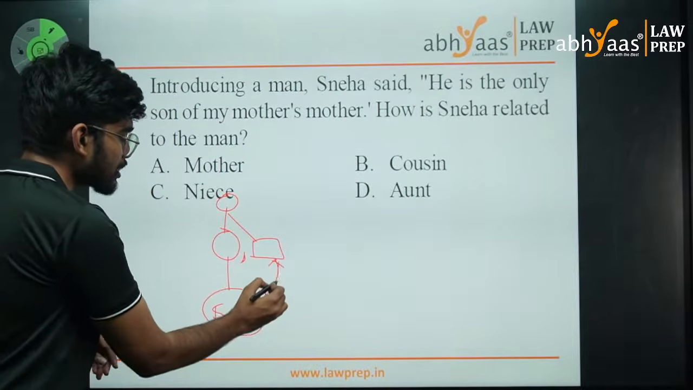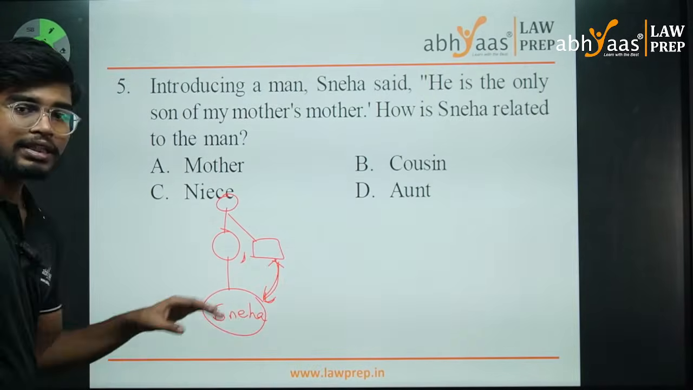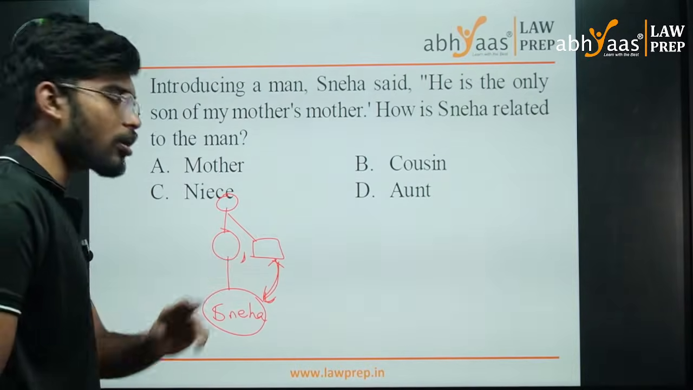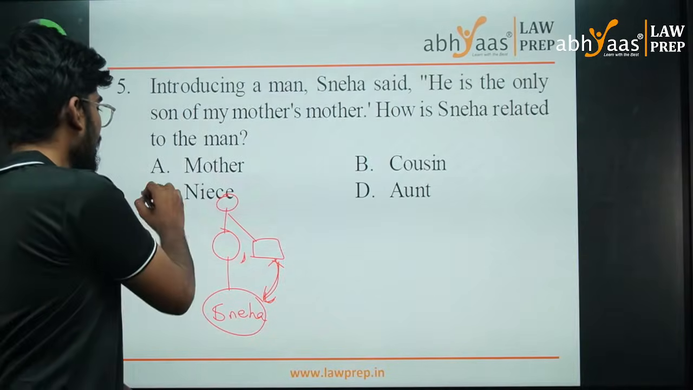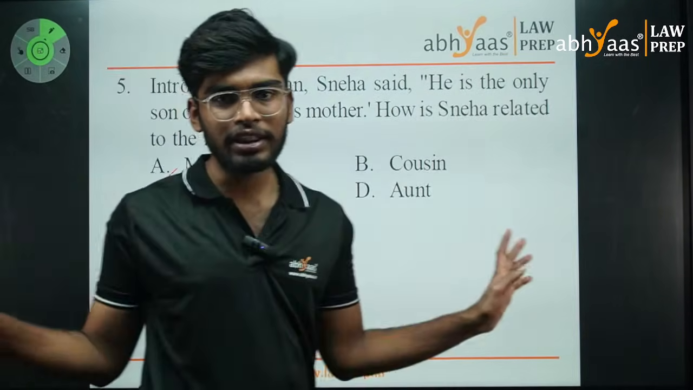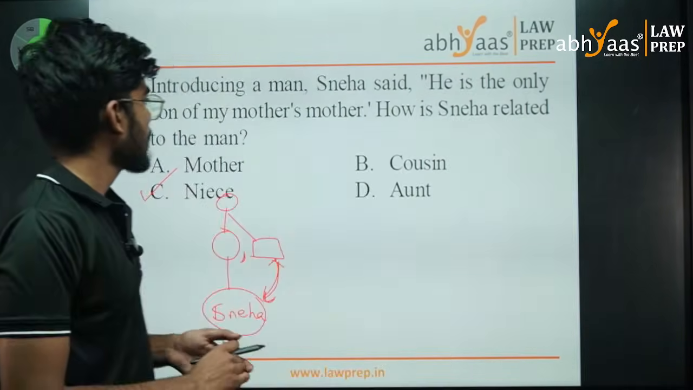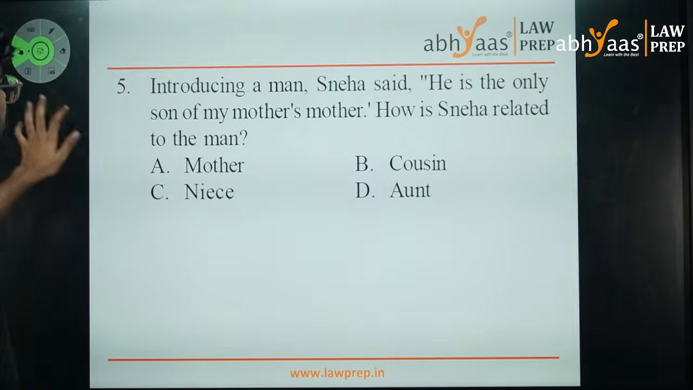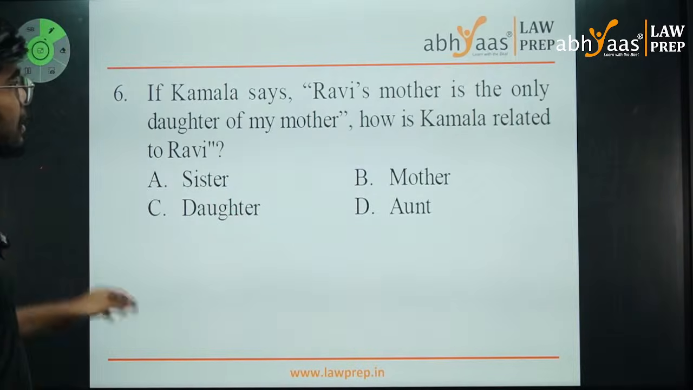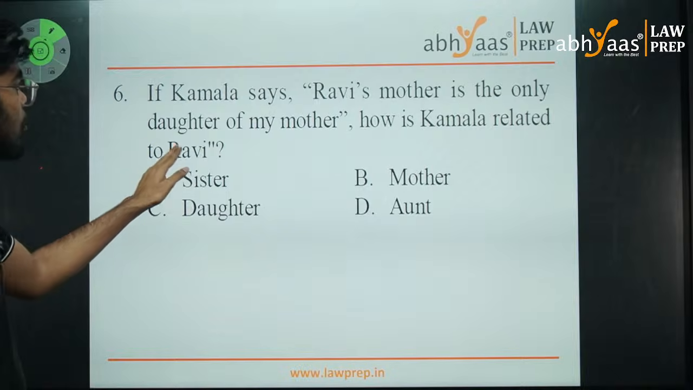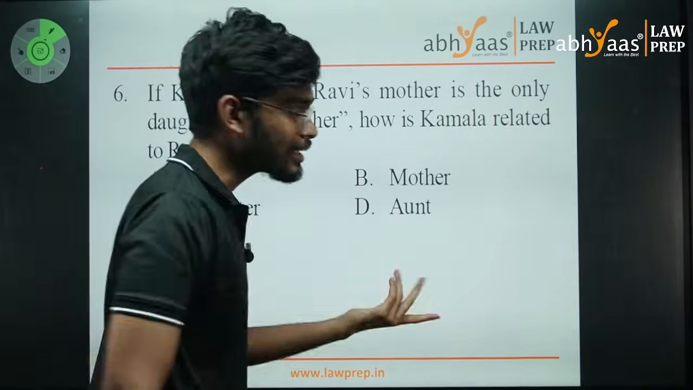And how is Sneha related to the man? It is niece, because sibling's daughter. Sibling's daughter is called niece. No confusion, nothing. It's an easy question. The next one. If Kamala says Ravi's mother is the only daughter of my mother, Kamala is telling that